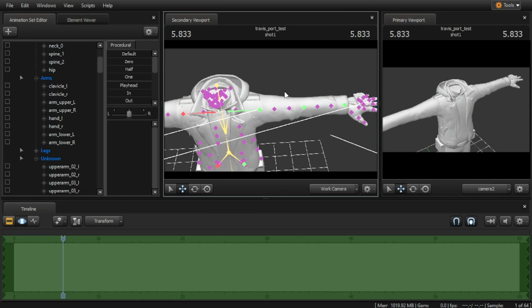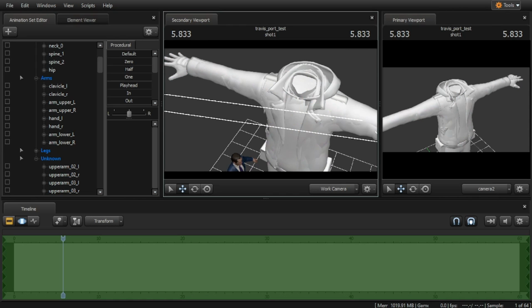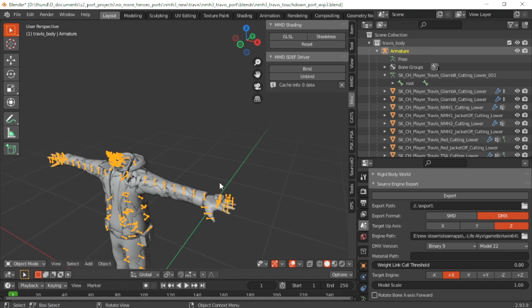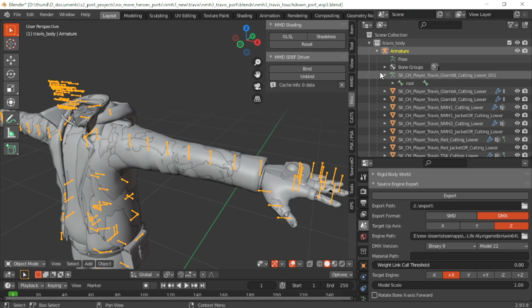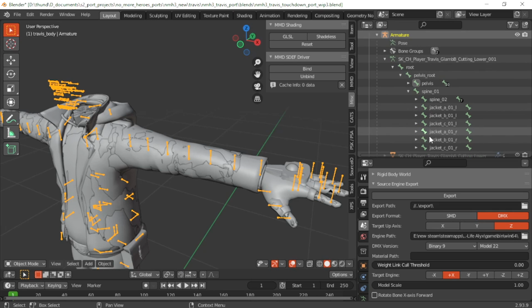I mentioned bone reparenting before because I was thinking, when I tried to port this model before, I feel like I remembered needing to do that. Well, now I remember why. It's because of that. So now we need to go into Blender and make sure that the bones are parented correctly. So the problem is that if we go to,